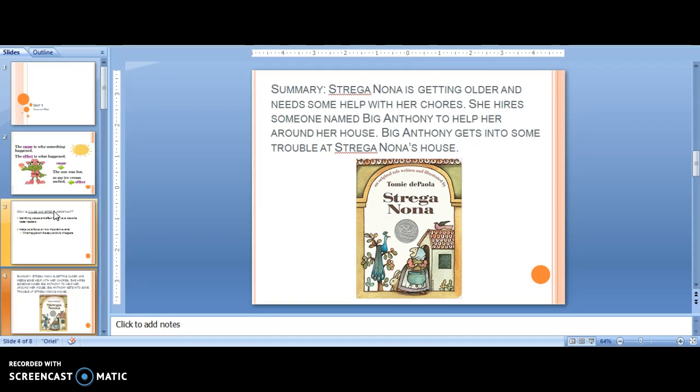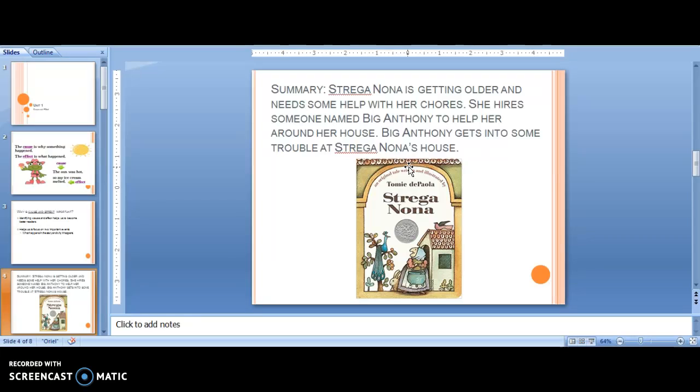The next slide, you will see a picture of the cover of the story Stregonona by Tomie dePaola. Stregonona is getting older and needs some help with her chores. She hires someone named Big Anthony to help her around her house. Big Anthony gets into some trouble at Stregonona's house. So when we begin to read the story, we will start to think about what kind of trouble Big Anthony